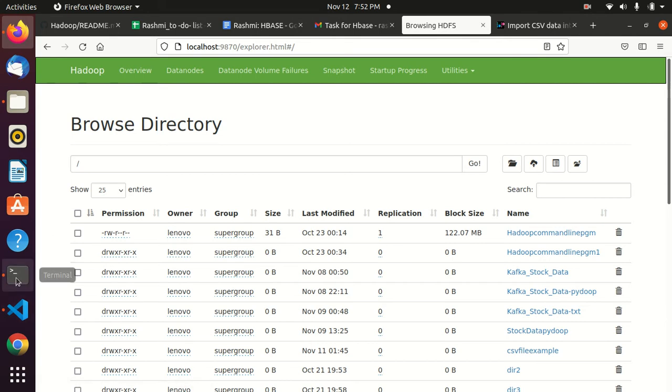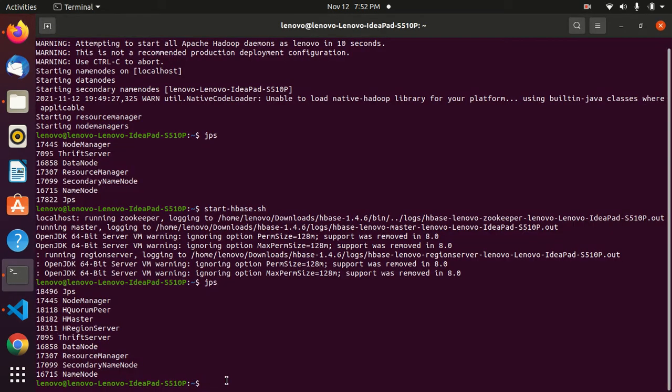Initially we need to create the directory so that we can keep the file in it. So first we'll start with creating the directory. Hadoop fs -mkdir /example_csv.